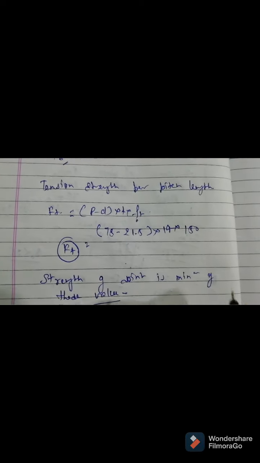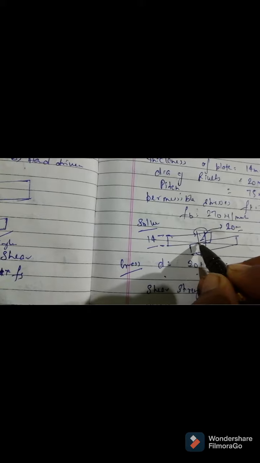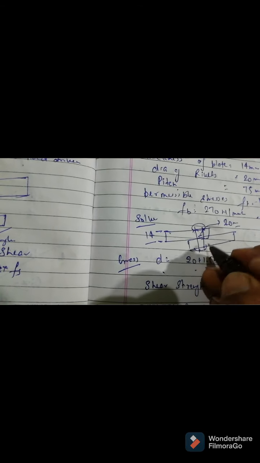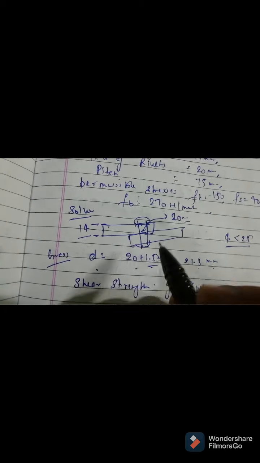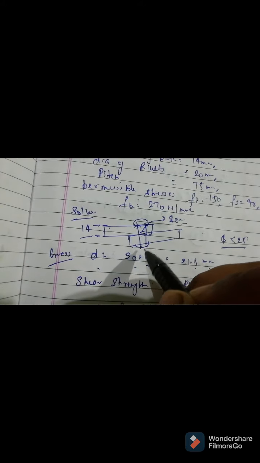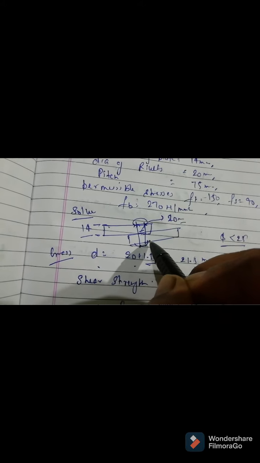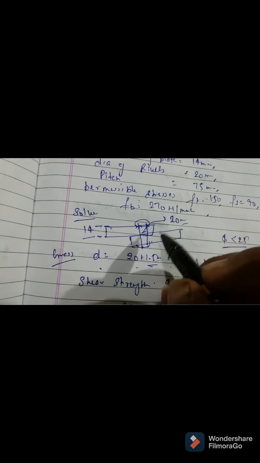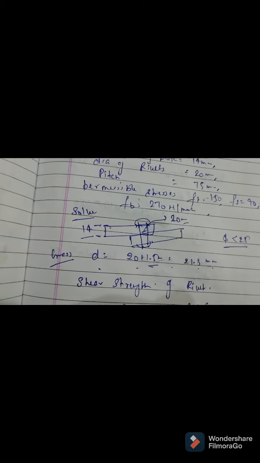Now when you talk about joint failure, there are two types of failure: the rivet can fail or the plate can fail. So we calculate all the values, in case the rivet fails or the plate fails. For the plate we have the tearing strength, and for the rivet we have the shear and the bearing. We have to calculate all these three to find the strength of the joint.